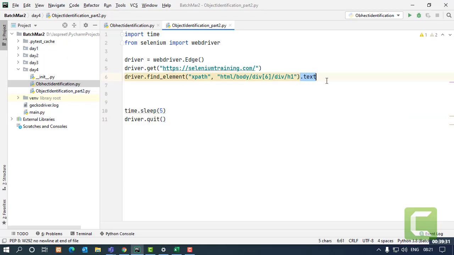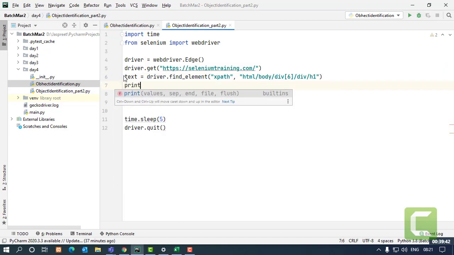Let's do this in two parts because it's giving me a kind of warning. So I'll say text is equal to this, and in the print I'll say text dot text.